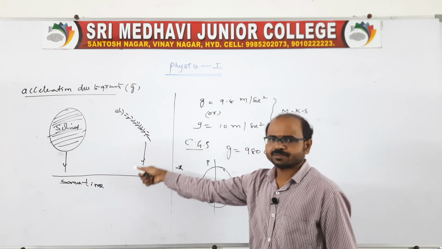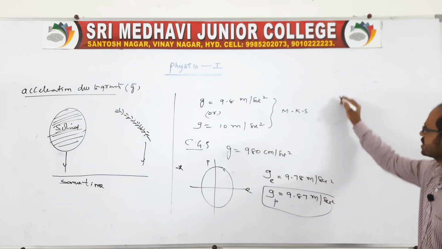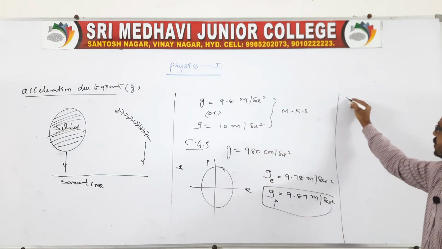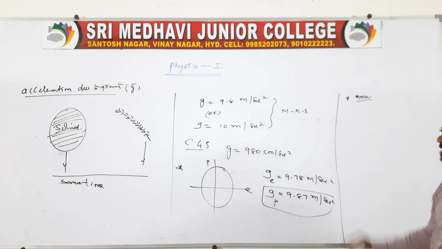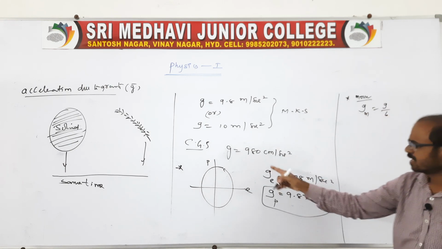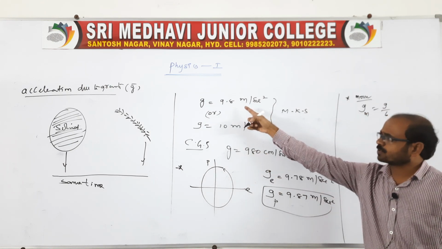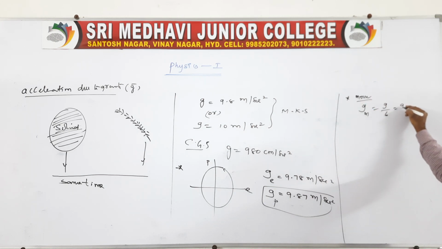That's what I mean to say here. Acceleration due to gravity will be like this, right? And suppose I'll give you others also. Take the moon. On the moon, what will happen? The g value on the moon is g by 6. On the surface of the earth it is 9.8, no? So it is 1 by 6 times there. So here you write 9.8 divided by 6, and we get 1.67 meter per second square.